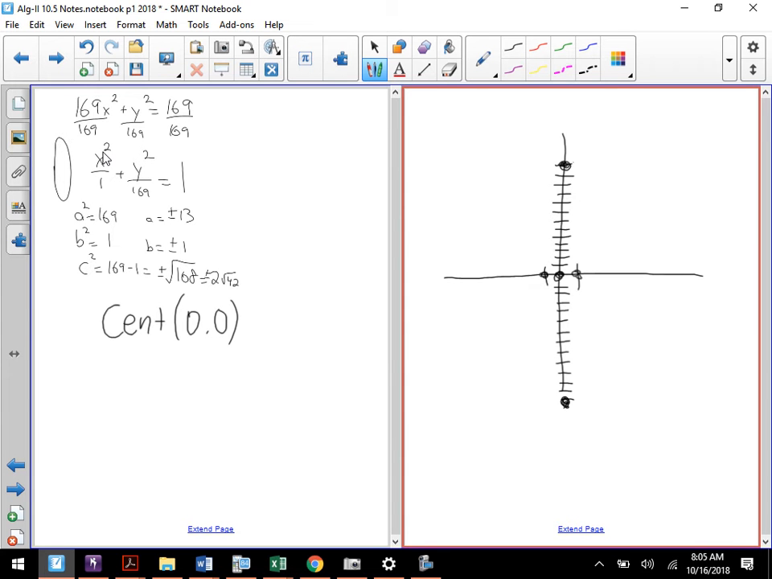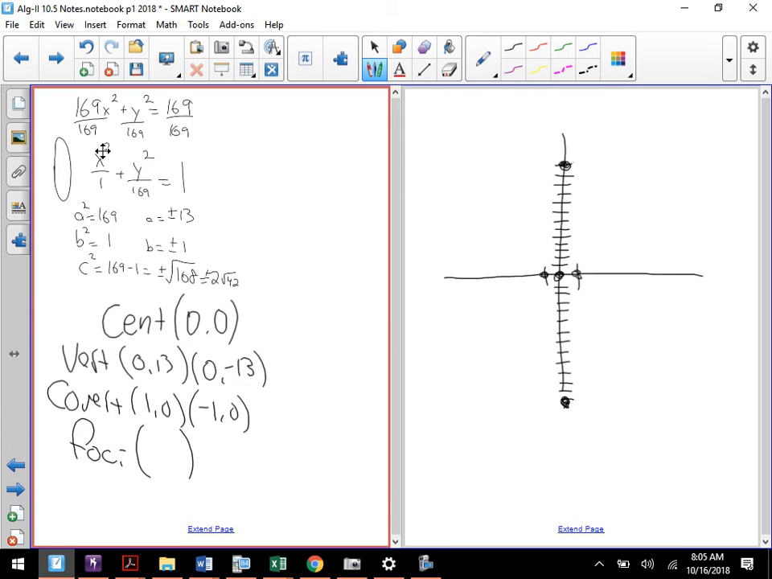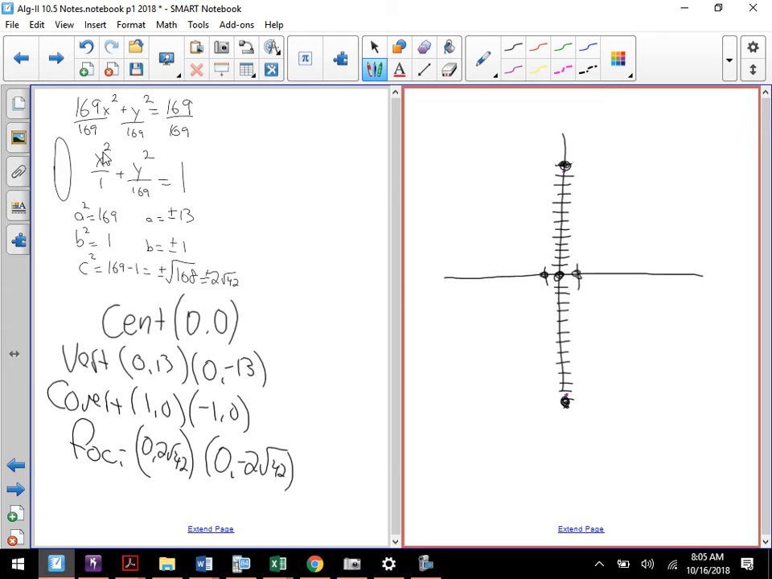And we start listing our parts. So vertex, 0, 13, 0, negative 13, co-vertex, 1, negative 1, 0, and then your foci. Your foci are going to go up and down again, so is that going to be an x coordinate or a y coordinate? Good. 0, 2 root 42, 0, negative 2 root 42. Here-ish and here-ish. Draw your really squished together lemon head